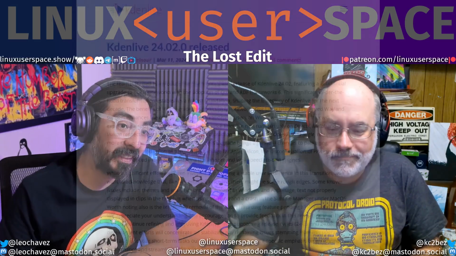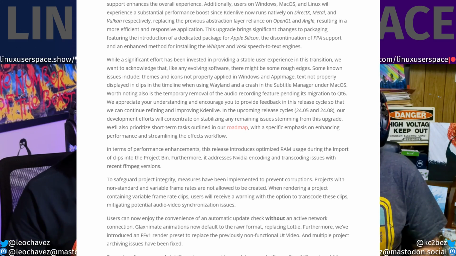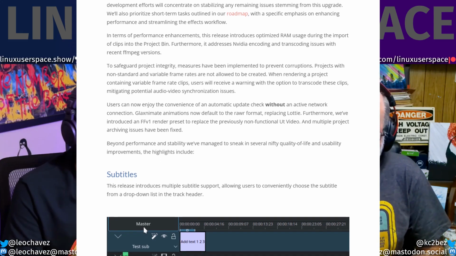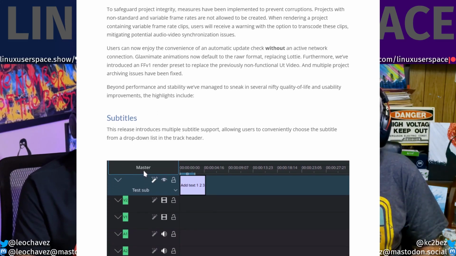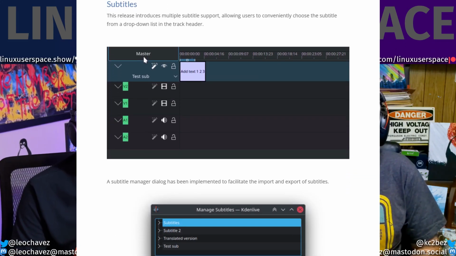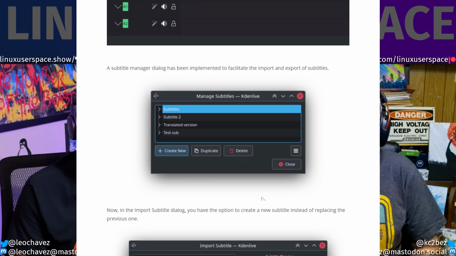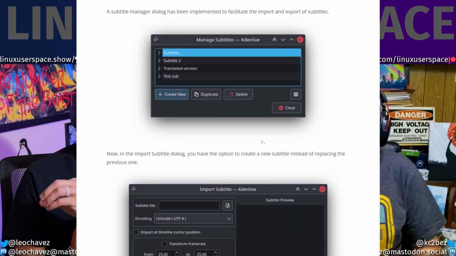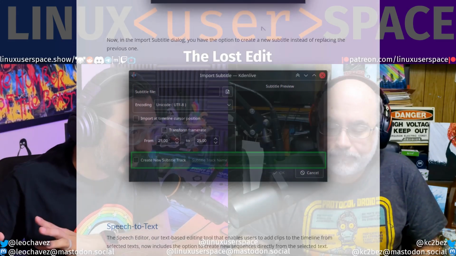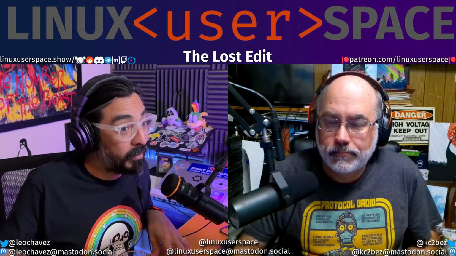Not only does it speed up the timeline and seeking and dealing with larger files and interface interaction, it now takes full advantage of DirectX on Windows. So Kdenlive on Windows gets a speed up, and it takes advantage of Metal on macOS, on the M1 Apple Silicon stuff. So on every platform that Kdenlive runs on,